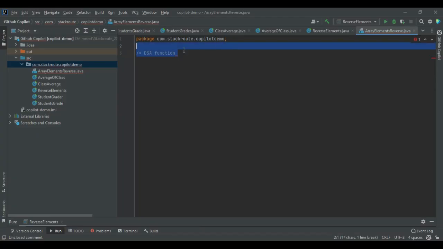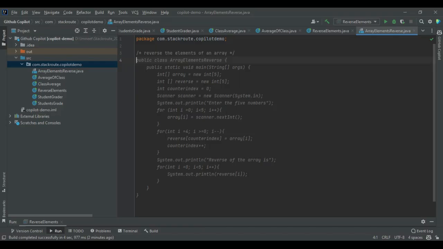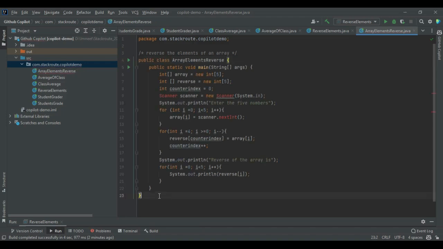So let me write my own comment. Reverse the elements of an array. So it is auto completing it. I want to accept this, so I'll click on tab, click on next, enter. Voila, the whole code within a fraction of seconds. Exactly the same code which we have written in our reverse elements. If I am okay with this, I'll click on tab to accept it and I'll click on alt enter to import the scanner,